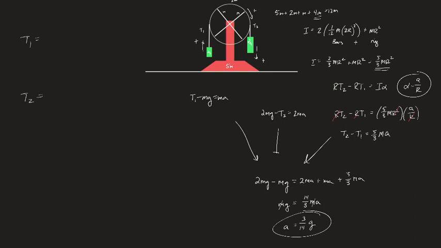So T1 is ma, am I doing that right? No, plus mg. And T2 is